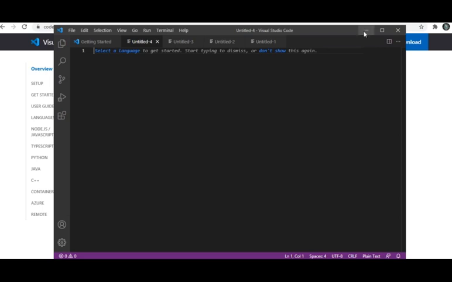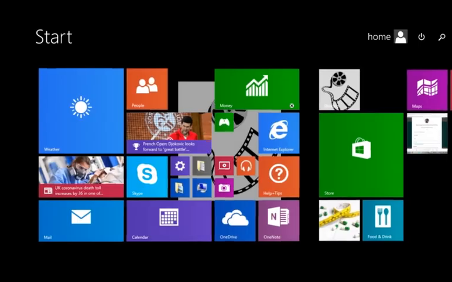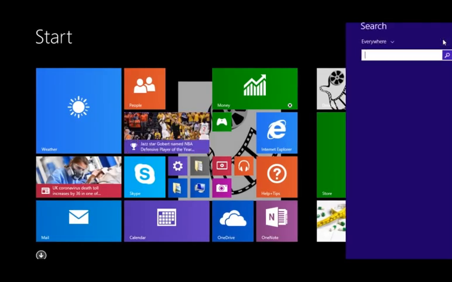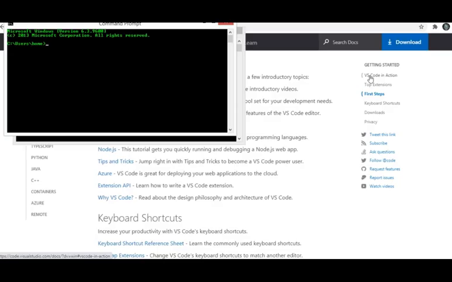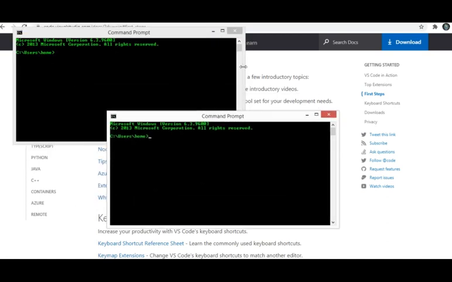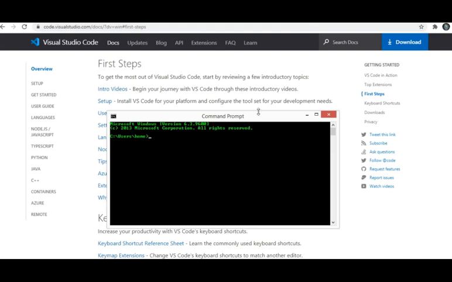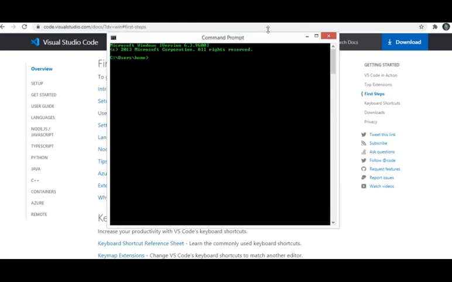Now let's check the Go programming language. For that purpose, you need to open the command prompt. After opening the command prompt, you simply type go.